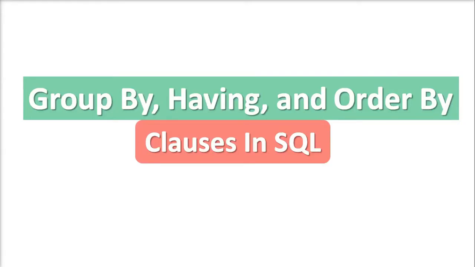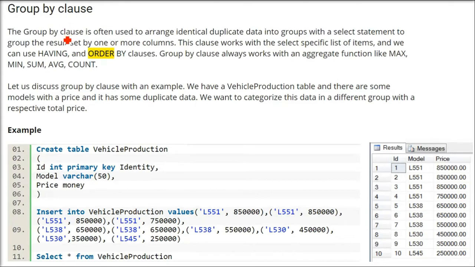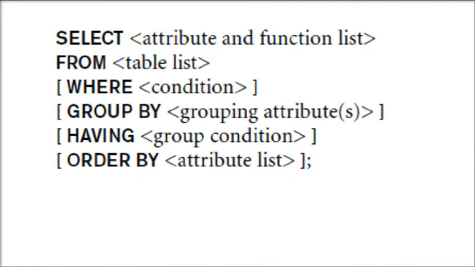In structured query language, what are the group by, having, and order by clauses? What is where? Also, we'll discuss. So, group by clause is coming after select from where. Let me tell you about select: we are selecting columns from a certain table, and with a certain condition which we give in where.